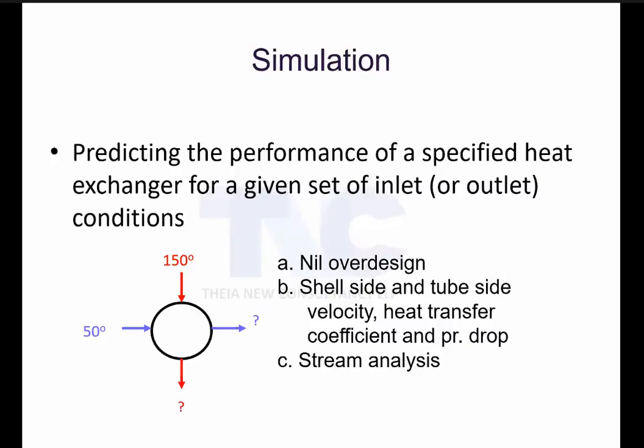Sometimes I want to do debottlenecking. I want to increase the capacity of my plant. Then your geometry is fixed, and the flow rate is increased. Definitely, the outlet temperature may not be the same as your original temperature. So you have to do a simulation. This is how the simulation mode works. Geometry is fixed. You are simulating what will be my new operating conditions. Clear? So simulation means geometry is fixed and you are simulating the new operating conditions. In rating mode, geometry is fixed and your operating conditions are fixed. You have to check the over design, how the performance of a heat exchanger is.